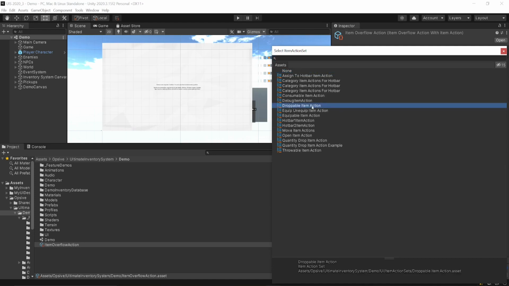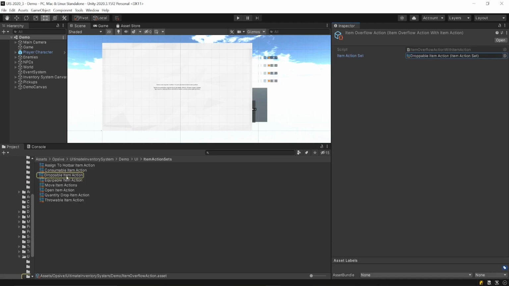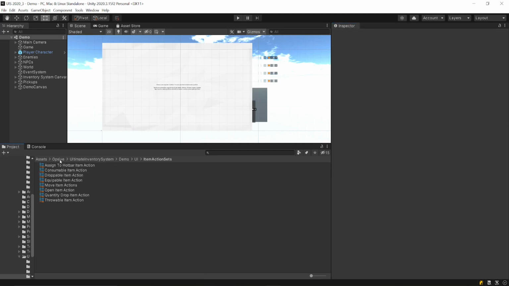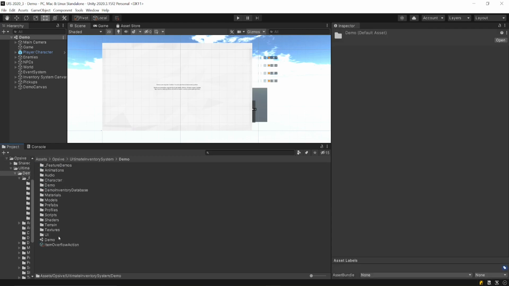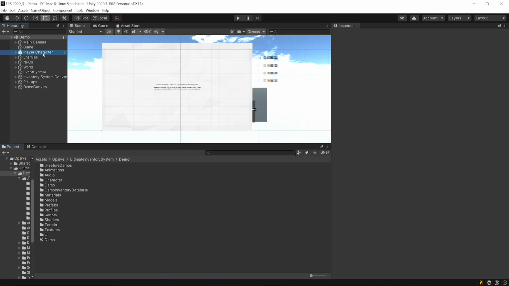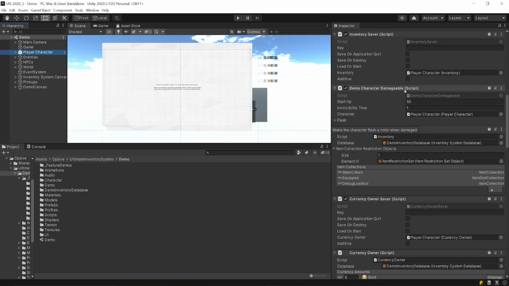So here we have a droppable item action, and what it will do is it will drop the item. There you go. If you use the droppable item action, then you'll probably want to remove the remove on drop, otherwise the item might be removed twice, if that's the case. Let's go back here, demo, and remove this item overflow action. If we go back here,